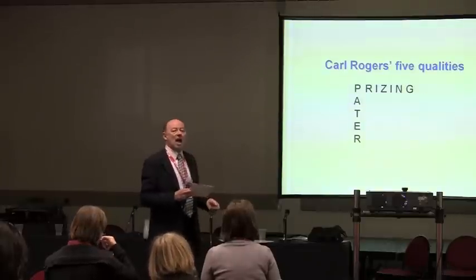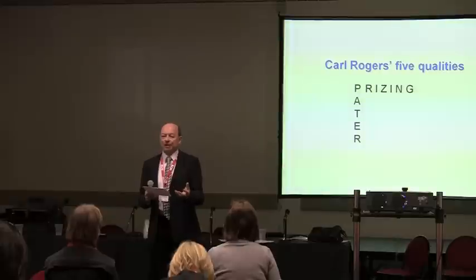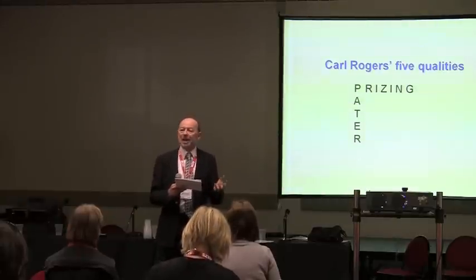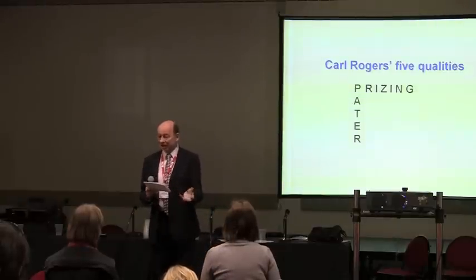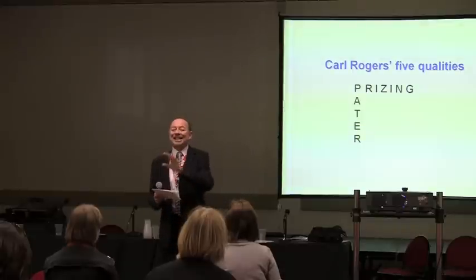The ideas which our approach is based on come from someone you may well be familiar with, called Carl Rogers. But I just wanted to refresh our memories of the 5 qualities which Carl identified as qualities and attitudes which facilitate learning. He talked about prizing the learner as an imperfect human being with many feelings, many potentialities, in other words, giving value to the learner. He talked about accepting